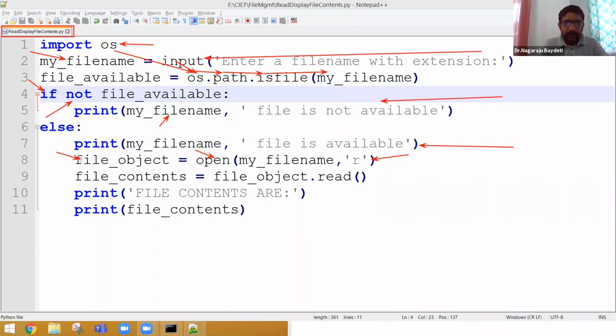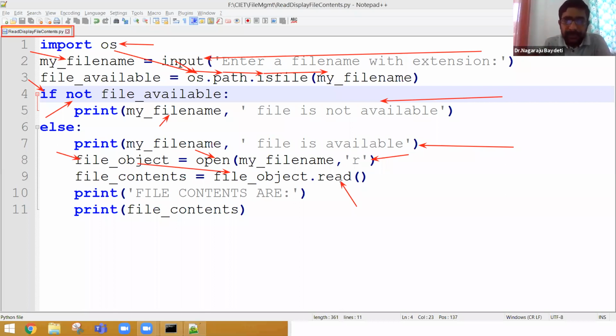Now, by using that file object in line number 9, I am calling a method called read. So file object dot read means, what is file object? File object means an object which got permission to open the file given by the user for reading purpose.